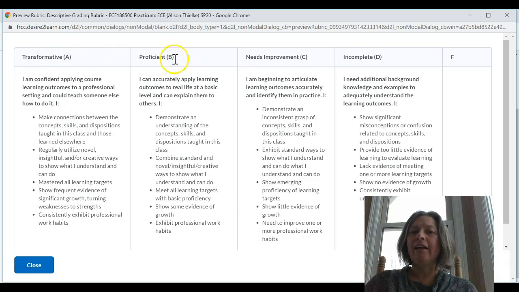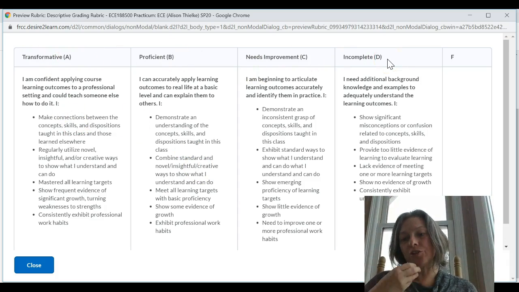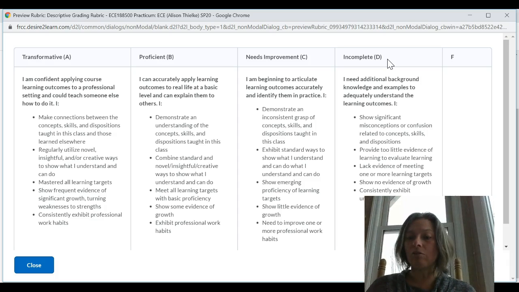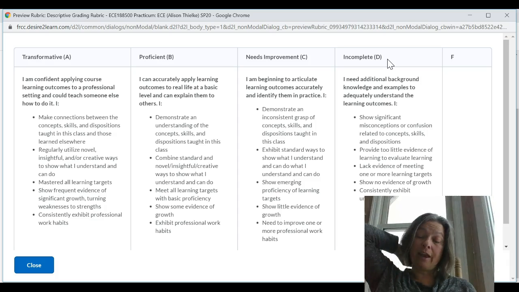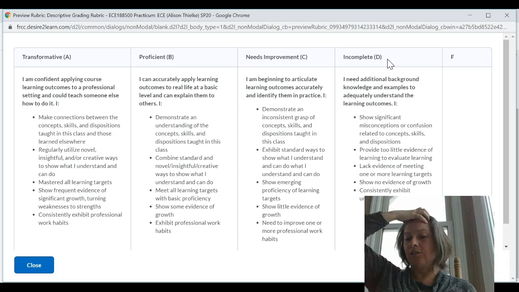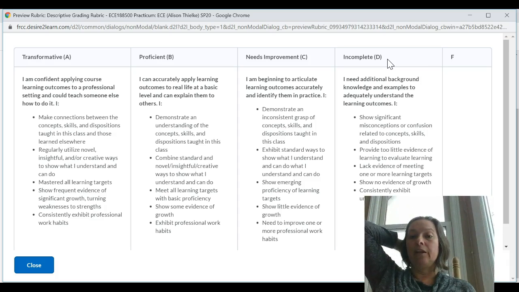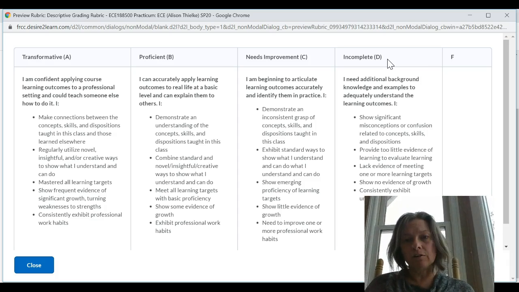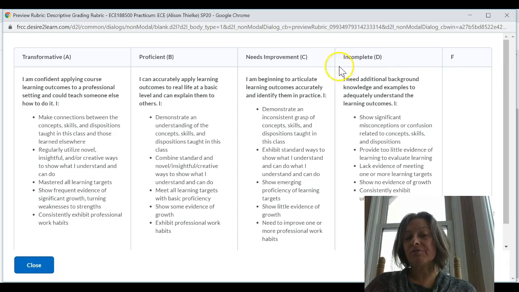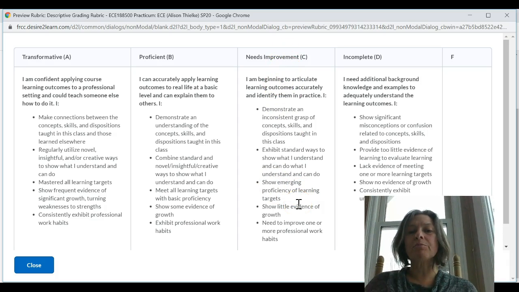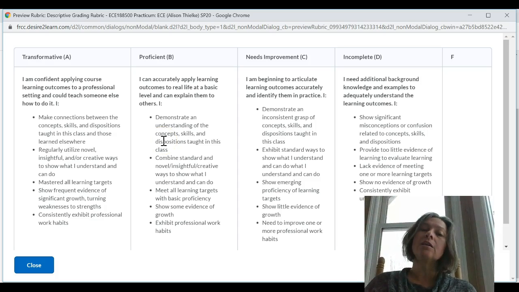And you can see that we have a range of behaviors that help us to identify what level you'll be at when we have those conversations. And I just want to reiterate to you, which I think I did in our overview, that if we decide, oh yeah, I have an emerging proficiency on the learning targets here, so I do have places that really need improvement before I can confidently say I'm proficient in this skill set,